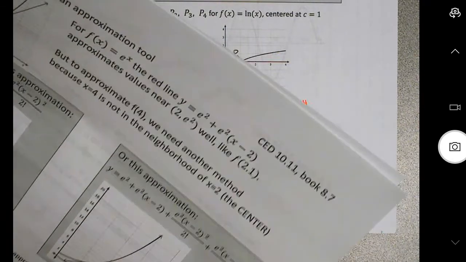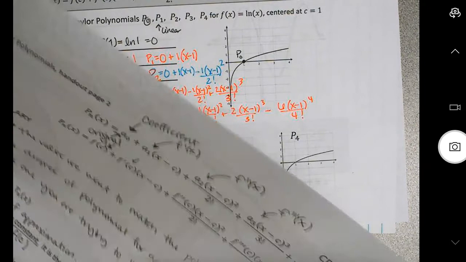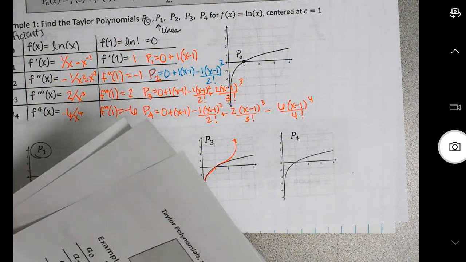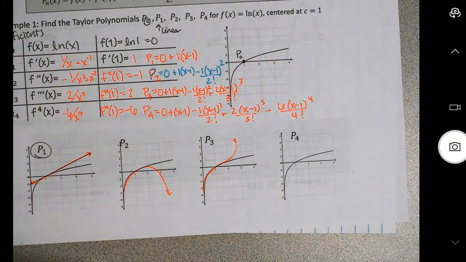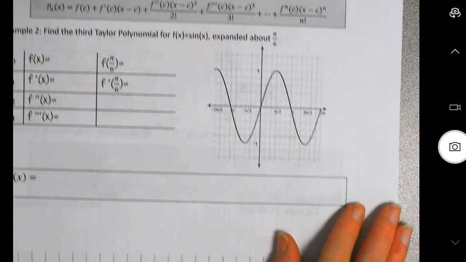Okay, time-wise, we don't have time to do the last one, which was sine. Can't find it on mine. Do I have sine? I swear I gave y'all sine. It's on the back. Okay. Well, I don't seem to have it on mine. Anyway,